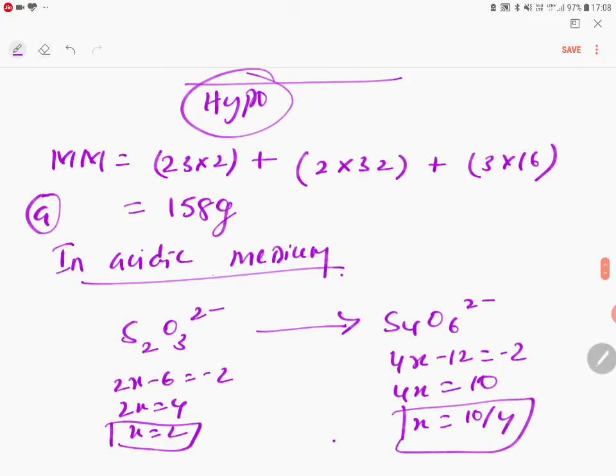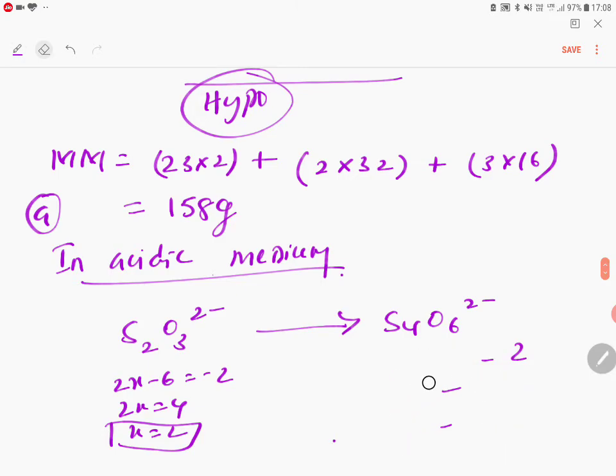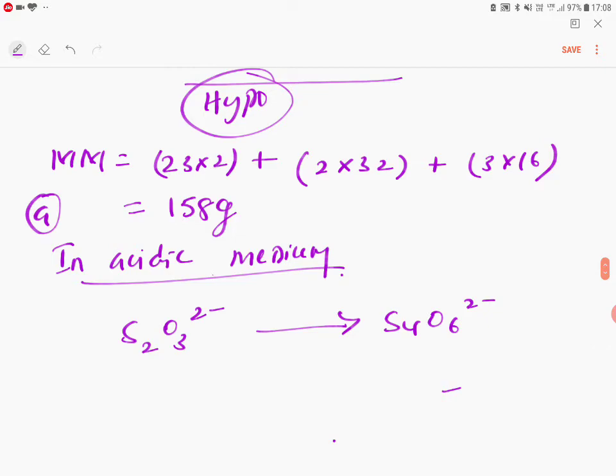So instead of this, what we can do better is, instead of calculating this change in oxidation state, which is complicated, what we can do is, if you simply write 2 electrons here, because here you will take 2 molecules. To balance sulfur atom, we are doing like this. Now see, here charge is minus 4. So here minus 2 is equal to minus 4. So here charge is balanced.